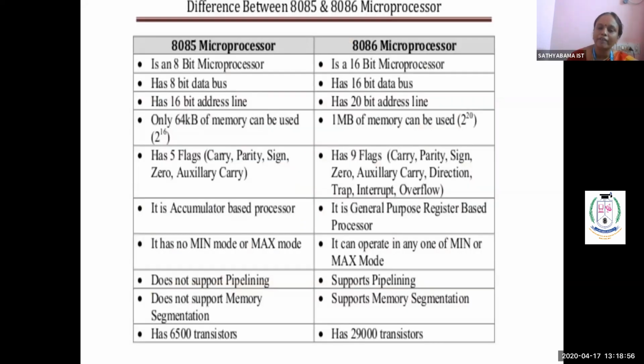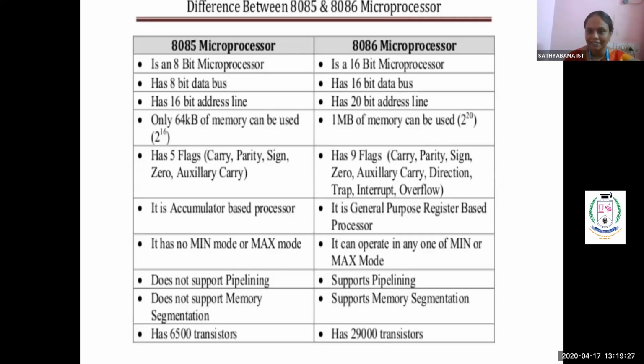Three units you have entirely studied about 8085. This is the 4th unit, where you are going to study exclusively about the 8086 microprocessor. So first point: 8085 is an 8-bit microprocessor, and this is a 16-bit microprocessor. 16-bit means 2 bytes, or we can say 1 word. So it is an 8-bit data bus here and a 16-bit data bus there. Depending upon the length of the microprocessor, the data bus length is decided: 8-bit microprocessor, 8-bit data bus; 16-bit microprocessor, 16-bit data bus.